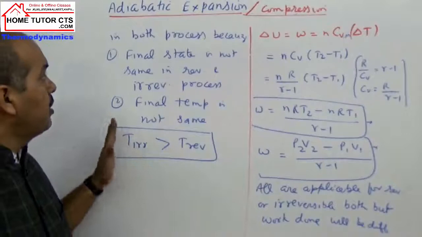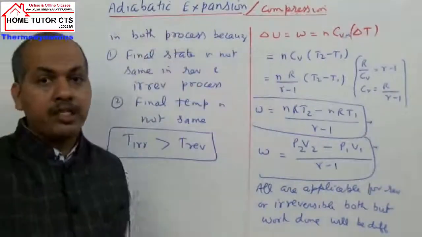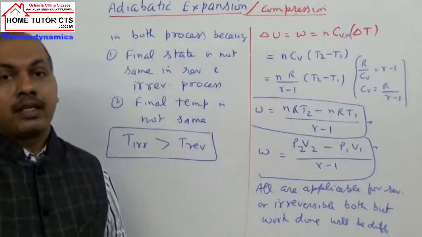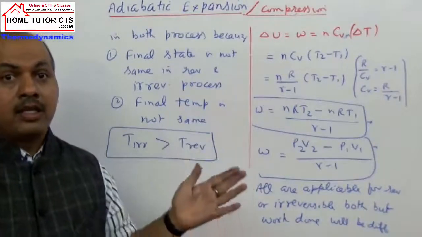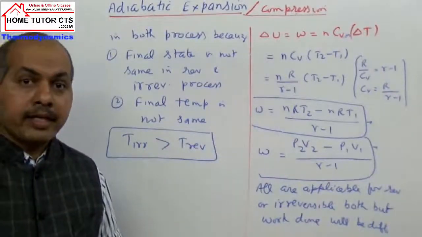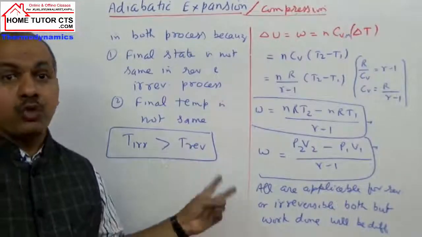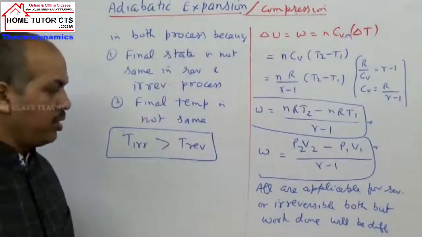So anyway, these are the different cases taken of adiabatic expansion or compression. Now next we compare the work done when the change is reversible, isothermal expansion and reversible adiabatic expansion. In those two processes, in which case the work done is more, we will explain in the next topic.